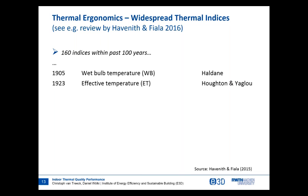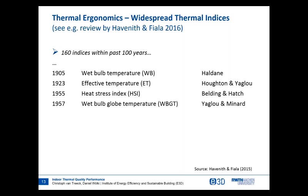So, for example, we have indices like the wet bulb temperature, which links the effect of evaporative heat loss to dry bulb, or the effective temperature, which is similar to an equivalent temperature, but as temperature of an imaginary environment at 100% relative humidity, or the heat stress index, the HSI, which is the ratio between the heat load and the evaporative capacity of an environment, or the WBGT, the wet bulb globe temperature, which is basically a linear combination of wet bulb, globe, and dry bulb temperatures for heat stress management, which is as well standardized, as you know,